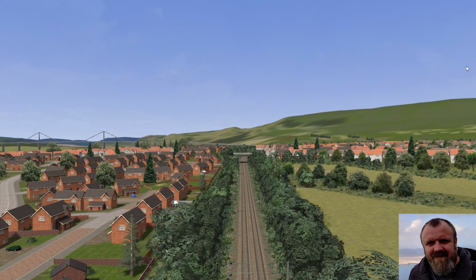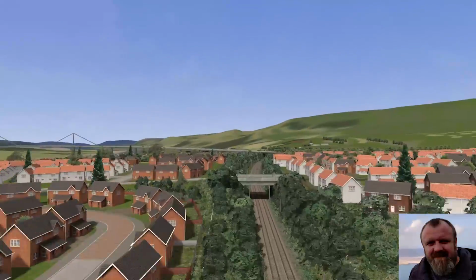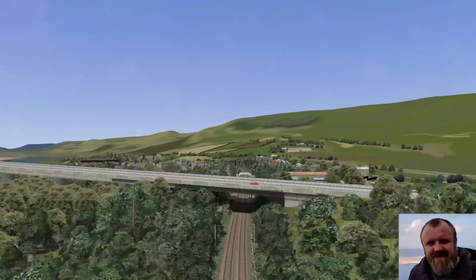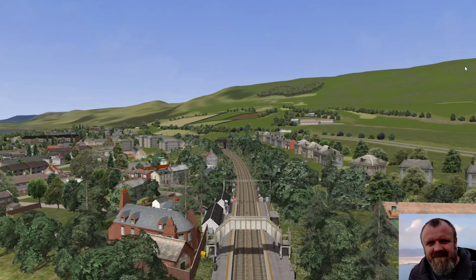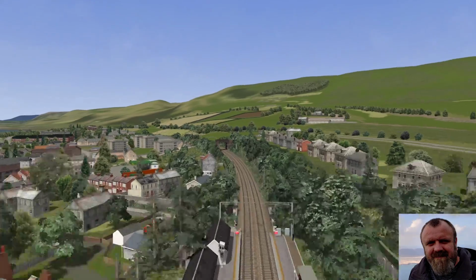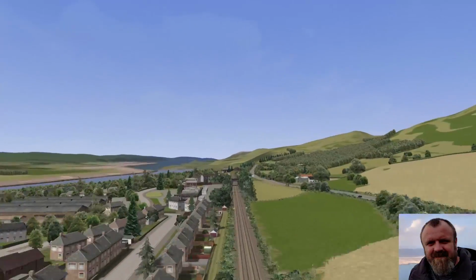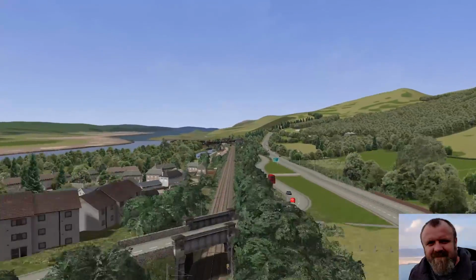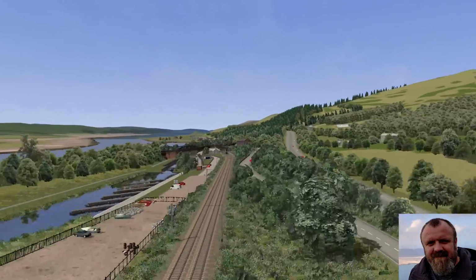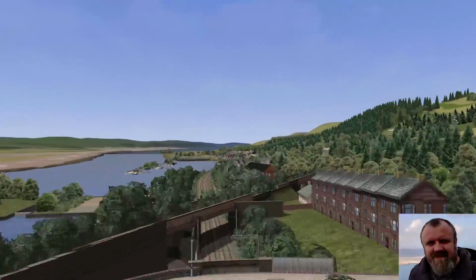So what I've gone into now is me actually crossing into phase 4. Phase 4 was the stretch from Dalmuir to Dumbarton. So I'll carry on down here, passing down through Kilpatrick. I really enjoyed making this bit because you're starting to leave the city and get into the countryside. A semi-rural but still quite urban area. It was very enjoyable to make, and I'm also very familiar with the surrounding area. This is the kind of area I grew up in.